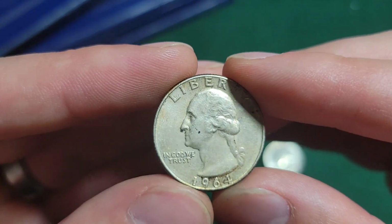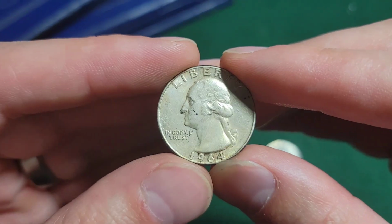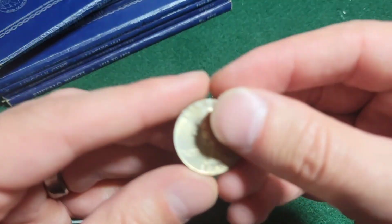560,390,585 minted. $5 to $700 for the coin. And then we have this